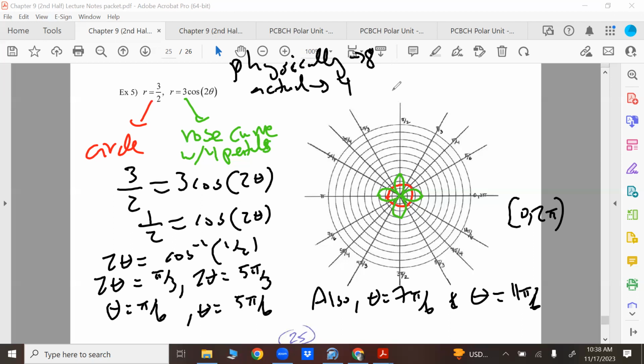And all the points of intersection are going to be 3 halves, comma pi over 6, 3 halves, actual, physically and actual. Sorry, my handwriting stinks. Physical on the graph is